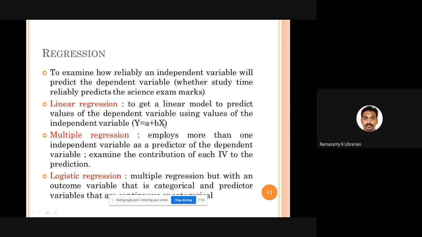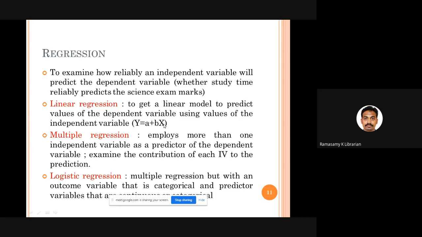When you go to multiple regression, we don't use one independent variable. We use more than one independent variable. For example, the number of hours a student studies, whether he is going to tuition or not, and whether parents are helping or not. So we have taken three independent variables: number of hours, tuition or not, parents' help.